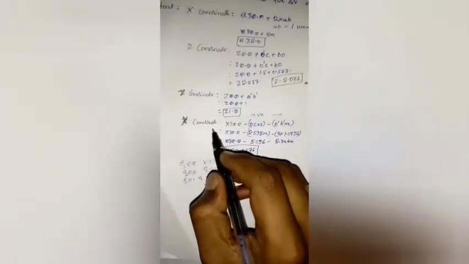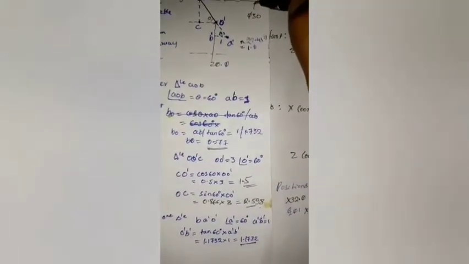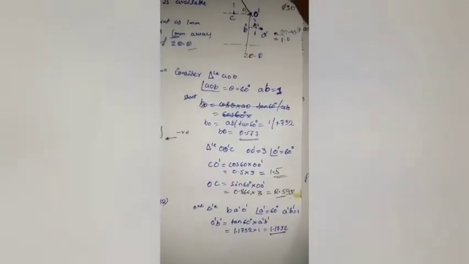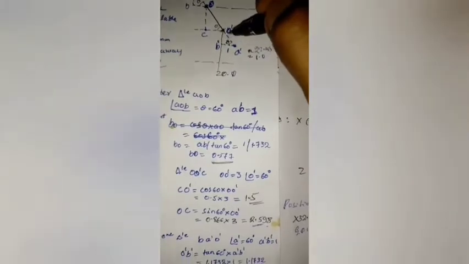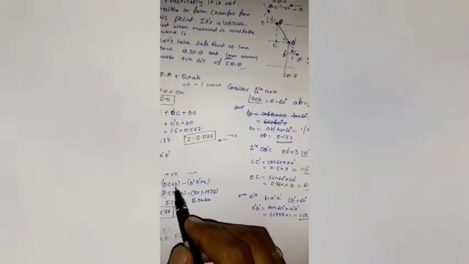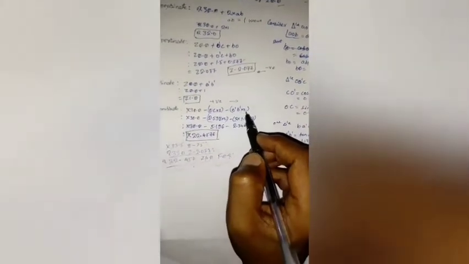Then I have to find out the X coordinate. Then again, as usual, I'll go to X30.0, this X reference position. I have to deduct or reduce the value by subtracting these vertical components or radial components, that is OC and O dash B dash. So X30 minus OC multiplied by 2 minus O dash B dash multiplied by 2.